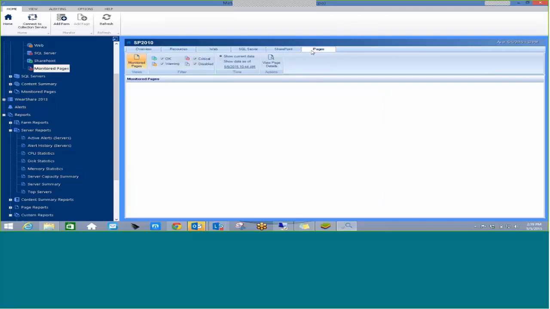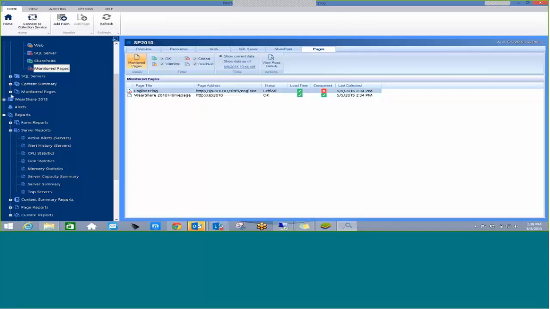So I'm going to dive into the pages. This is one of the other topics. I want to stay really close to what Larry was talking about today. The SharePoint Designer, right? It's great for administrators to be able to design their pages, the branding, it looks awesome, web parts, all the things that make SharePoint look good, right? What happens is some of these web parts, some of these pages start acting a little funny once you start doing some customization. So one of the things that we can do with the tool here, and I'm going to